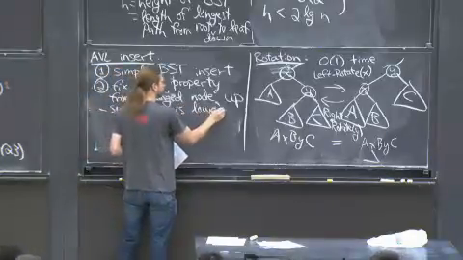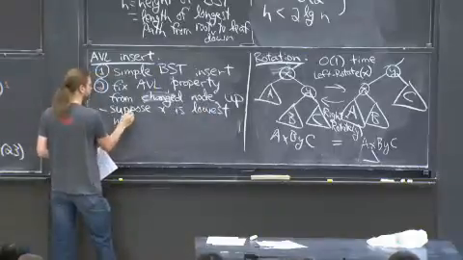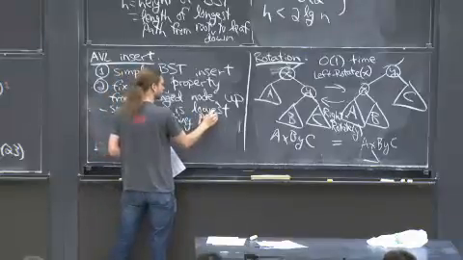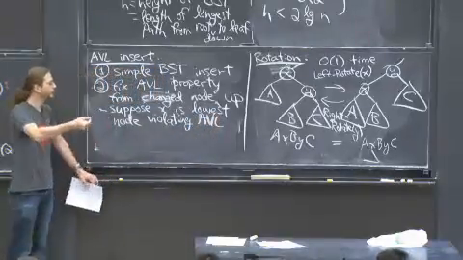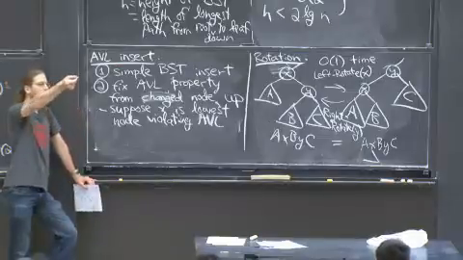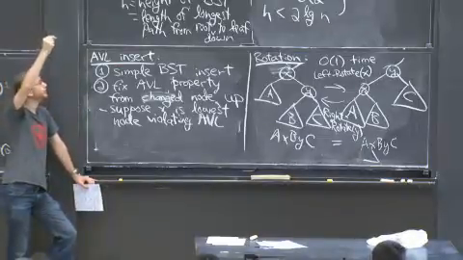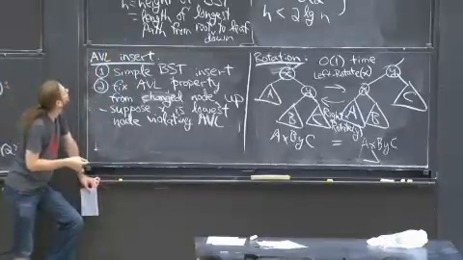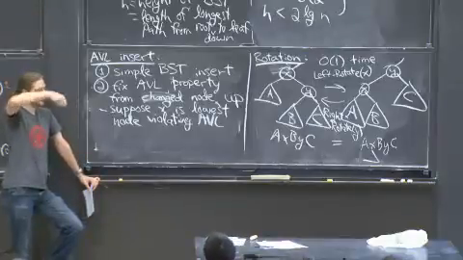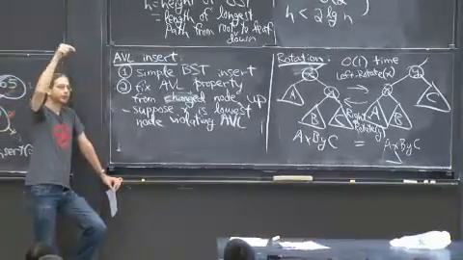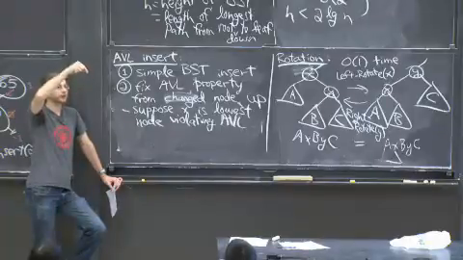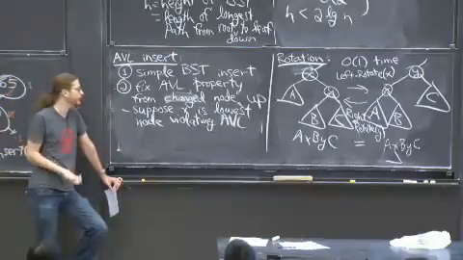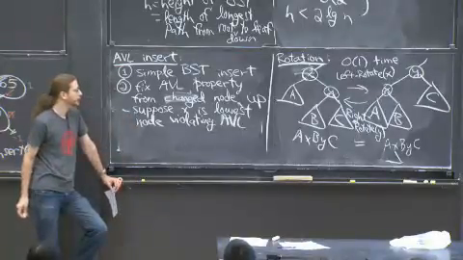So suppose X is the lowest node that is not AVL. The way we find that node is we start at the node that we changed. We check if it's OK. We update the heights as we go up. We update the height based on the heights of its children. And you keep walking up until you see, oh, the left is +2 larger than the right, or vice versa. Then you say, oh, that's bad. And so we fix it.